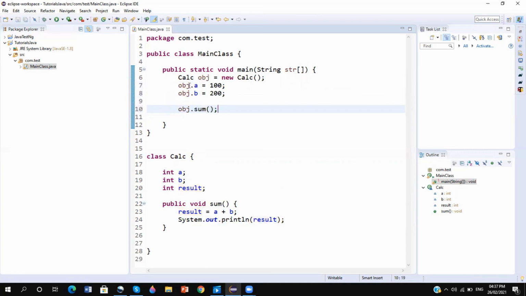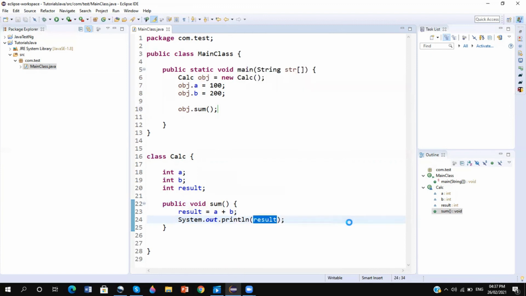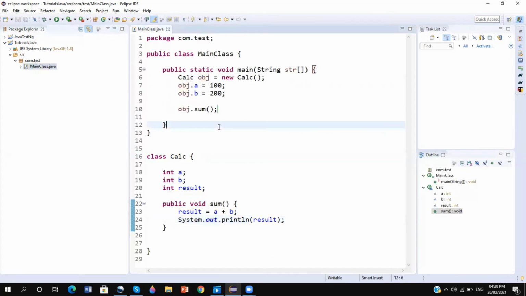When I call obj dot sum method, it will call this method and add the numbers which we have set here, 100 and 200, and it will store into the result and print on the console, like 300.